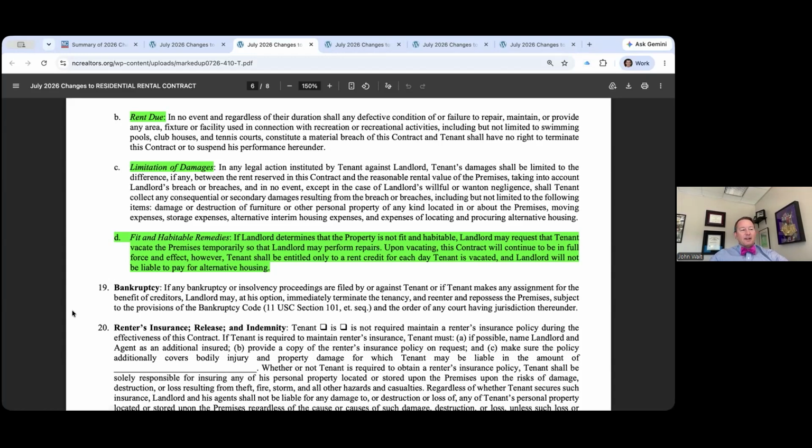The landlord does not have to pay for a hotel. That is almost the most common way that question is phrased to me when I get it from a property manager. The answer is no. The landlord does not have to pay for a hotel. Yes, the landlord should give credit for rent for the time the property is not fit and habitable. But otherwise, no, the landlord does not have to pay for a hotel. The landlord has to take reasonable steps to try and repair the property, sure. But that doesn't mean that they can,